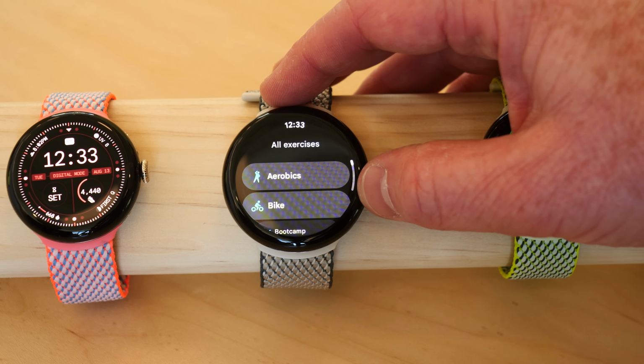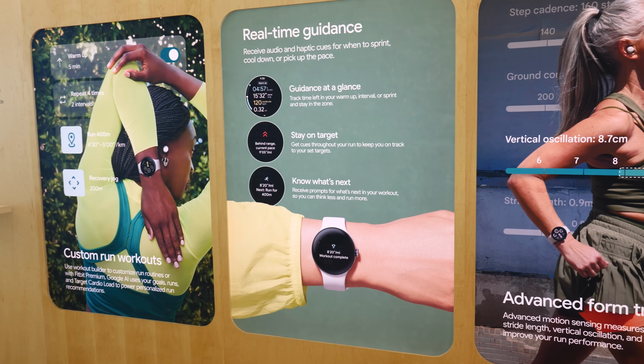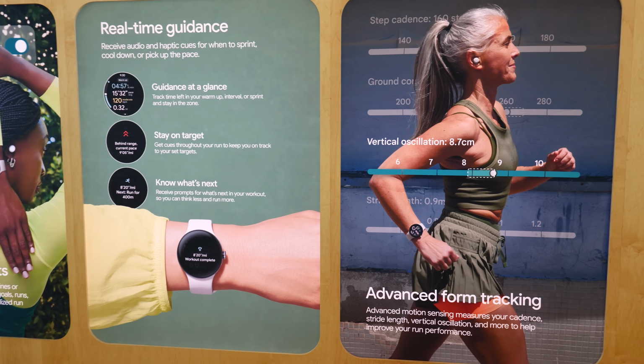There are now better media controls where you can change the song easily and adjust the volume, and you also have call screening capabilities right on the watch. You have 40 different workout modes, and Google has been working on a new running feature that allows you to plan, perform, and progress your run. So we'll have a history of your different routes, and you can run that route again and improve on your